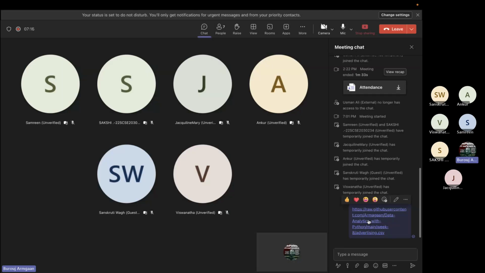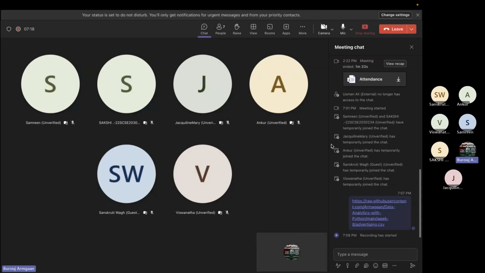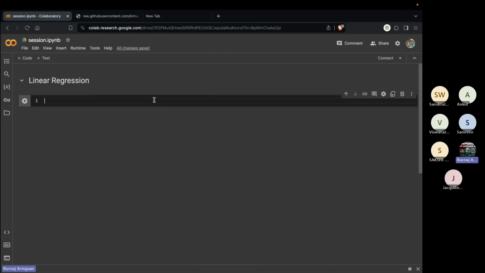So I was saying, go to this URL, load the CSV. You'll see that it contains basically advertising data. You'll have two columns, one for television spending, one for spending on radio, and you'll have to predict what the sales are. So what you have to do first is